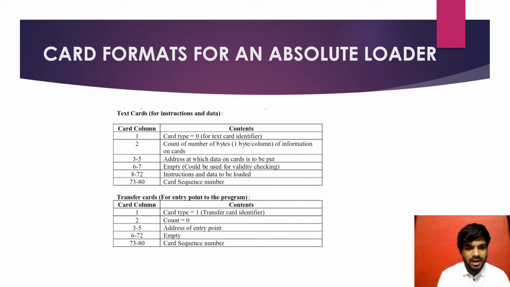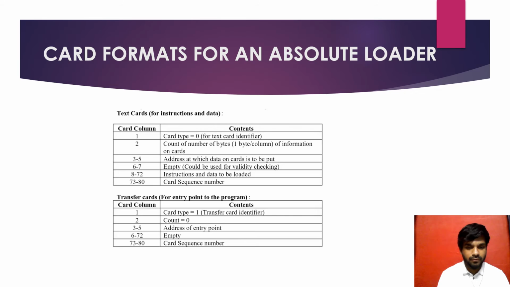The second kind of card is the transfer card, for the entry point of the program. In card column 1, if the card type is 1, it is a transfer card identifier. So card type 0 is for a text card and type 1 is for a transfer card. You identify these in binary numbers. In column 2, the count is 0, so it is blank, we haven't given any number to it. If it